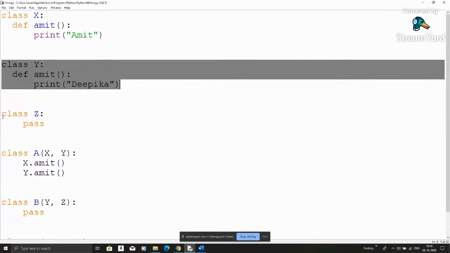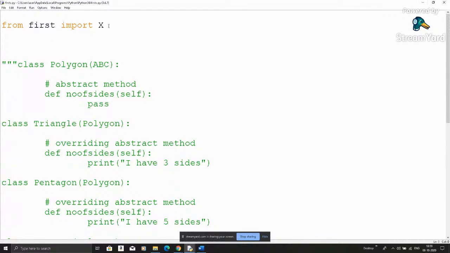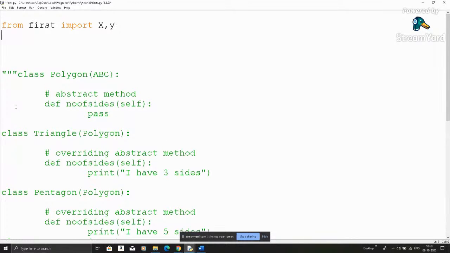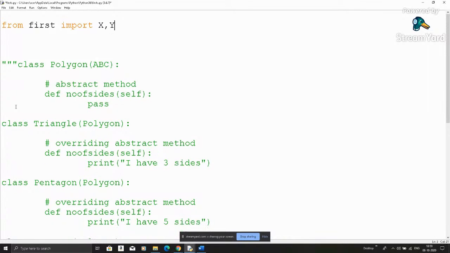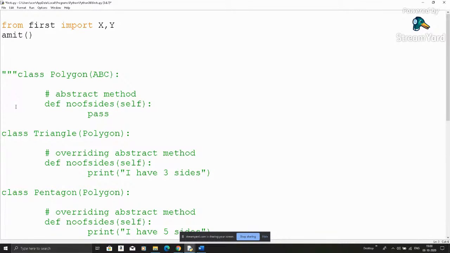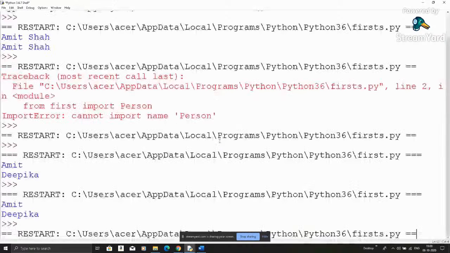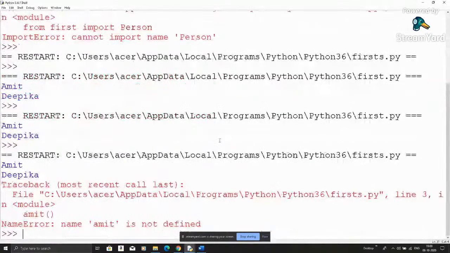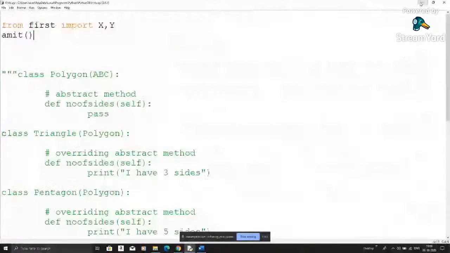So they have different classes and different objects; they are not creating that conflict. But if you call it in another module, for example, if I want to import class X and after that import Y also, and then use a normal call like Amit. Right now I'm using Amit, so is it giving an error? Let's check. Yeah, it's giving an error. Why? Because it doesn't know which class Amit belongs to. So let's pass something like X dot something and Y dot something, but it's not like this.